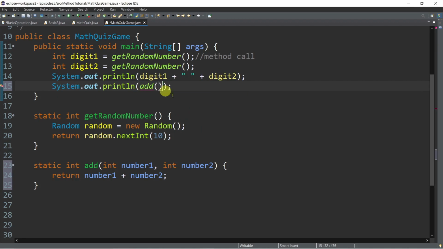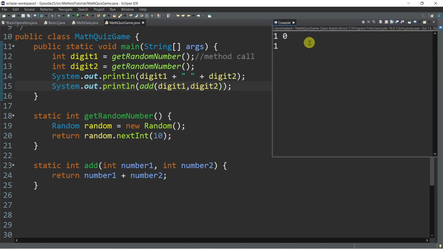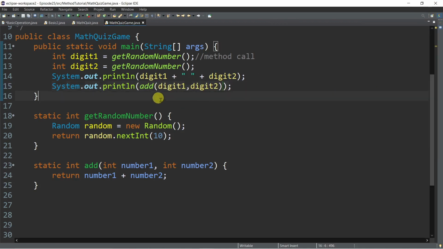For example, digit 1 and then digit 2. The result of our random, for example. Okay, so let's try. Now the result is 1 and 0. So 1 plus 0 is 1. So that's how we do it. Okay, now